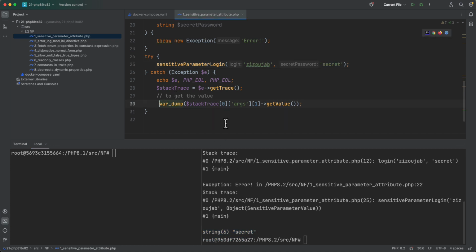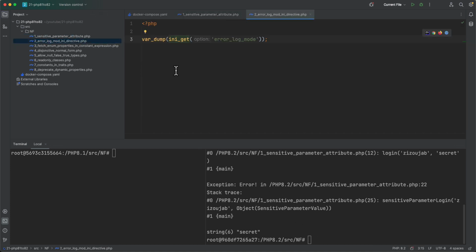So if you want to see the content of a sensitive parameter object, you have just to use this line. The second change is the introduction of a new ini directive that will allow us to set permissions for our error log file. So if I dump ini_get error_log_mode over here in PHP 8.1, I'm going to get false. So let's try this code, and I have false over here, which means that this ini directive does